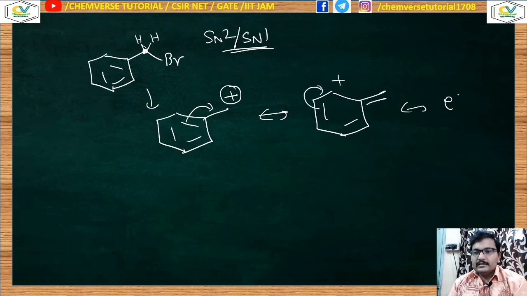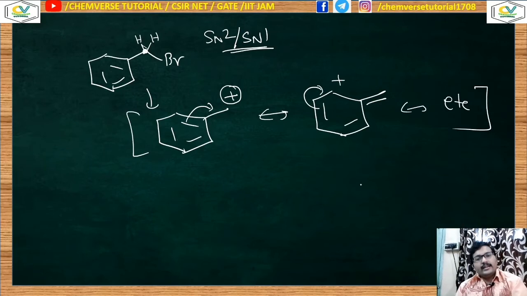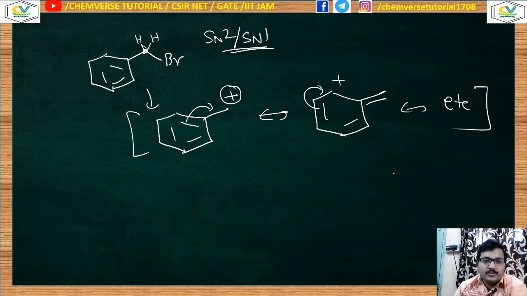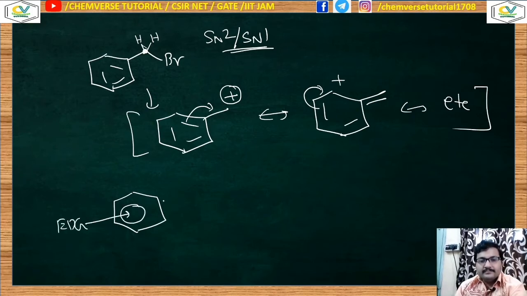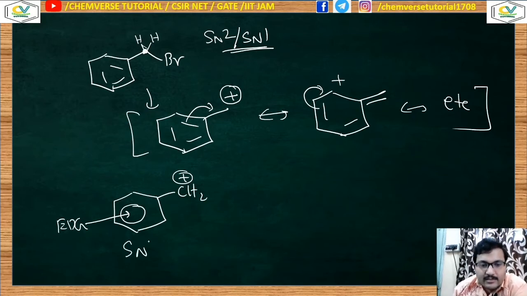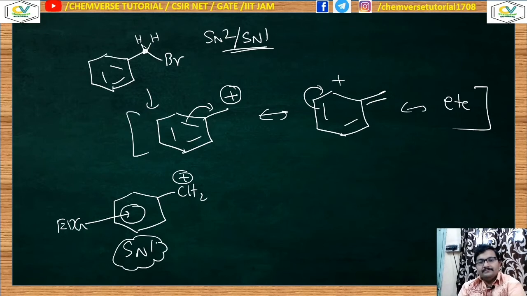Okay, so this will give the stability of the carbocation. Now the point is, for which case will SN1 preferably occur? Suppose I am attaching some electron donating group to the benzene ring. The electron donating group will increase the electron density over the benzene ring, so that will stabilize this kind of benzyl carbocation to such an extent that it will try to follow the SN1 mechanism. So here the SN1 mechanism is more prior.